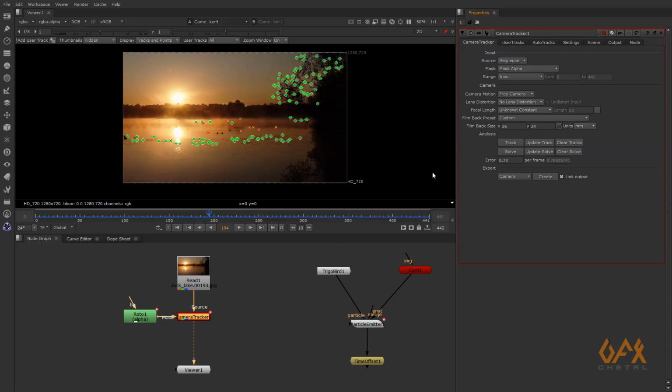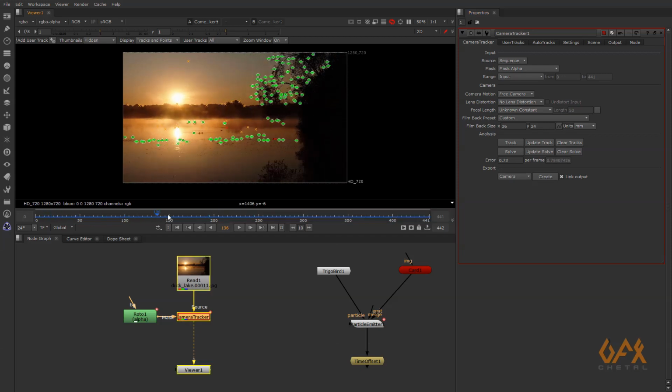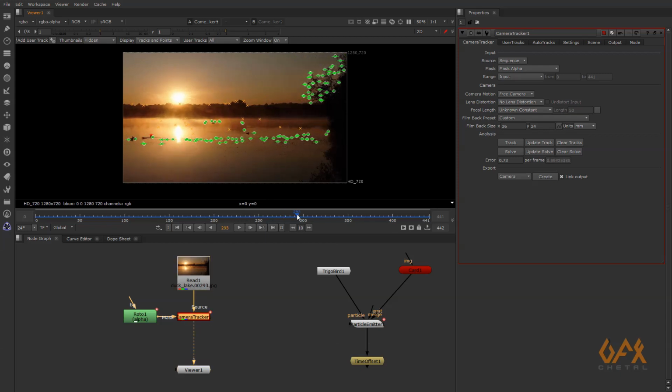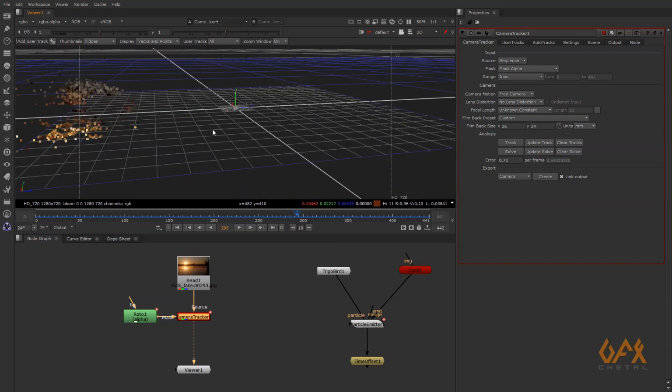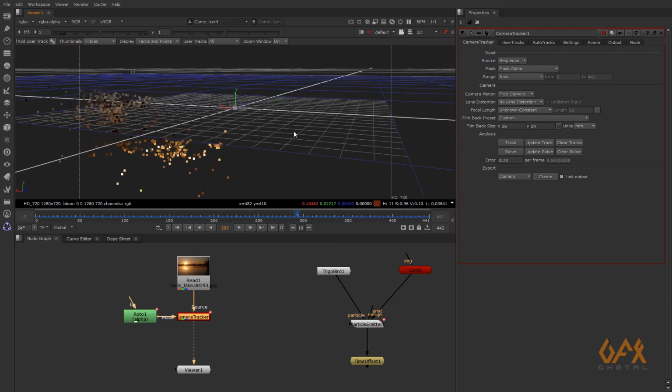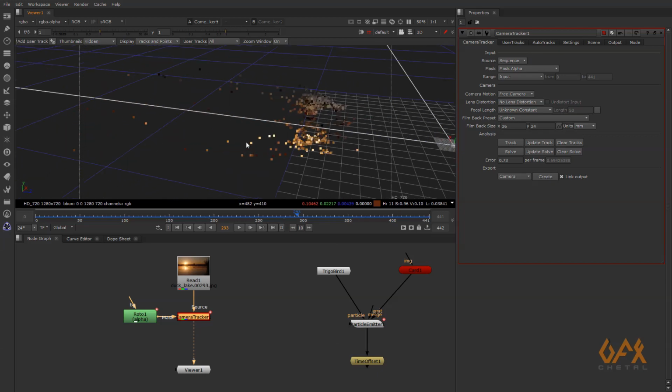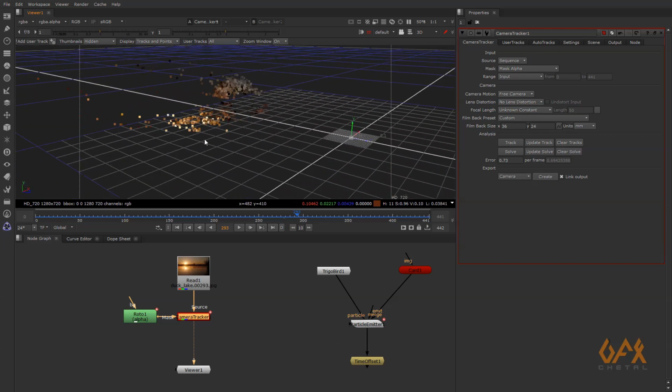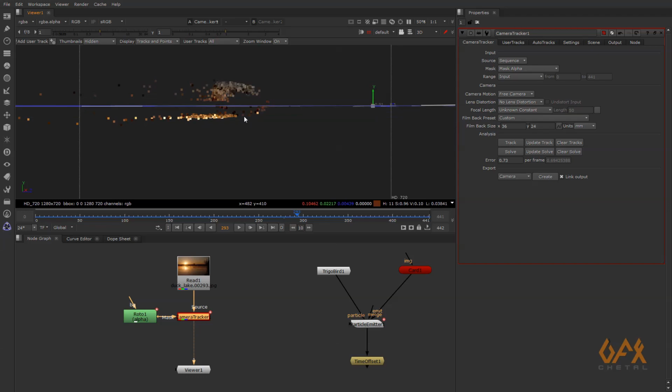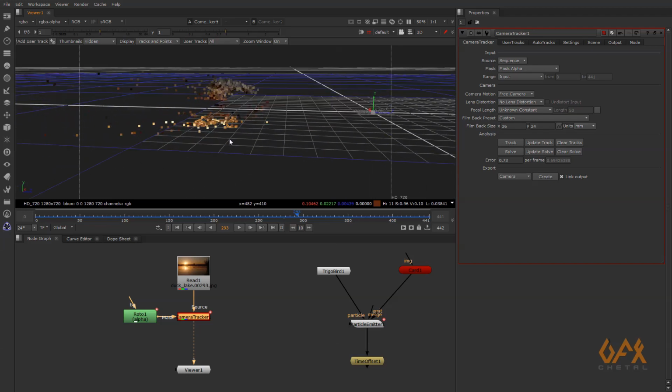Okay, and I reduce my errors somehow. So now I just want to see this solved data, so I just press tab and go over here and okay. So I just get this point cloud.